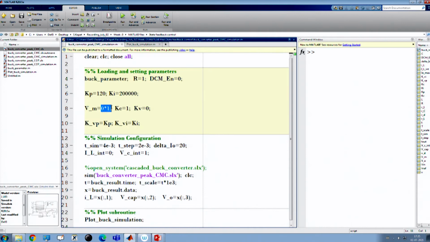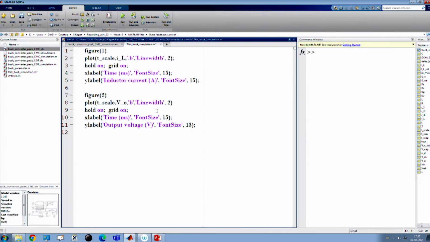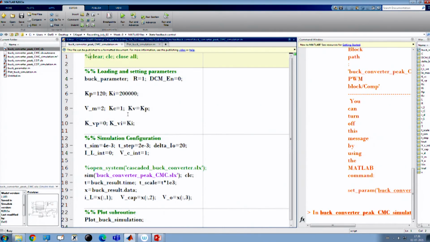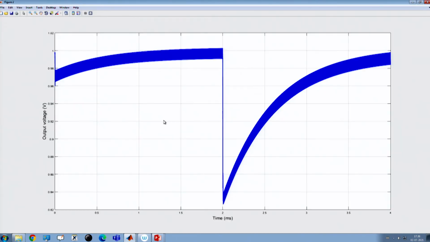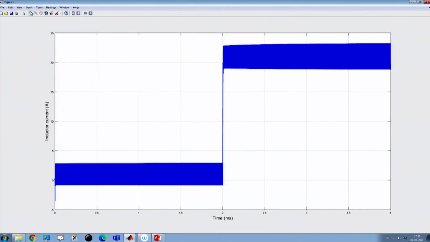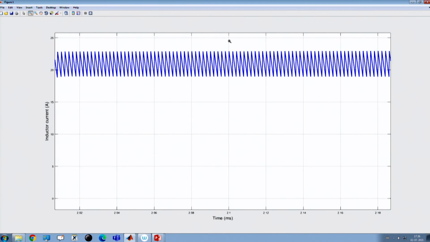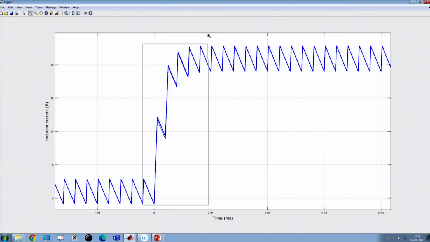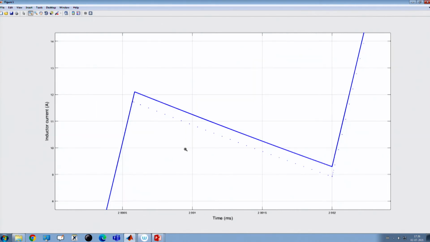Now, we are putting a ramp magnitude of 2 and we are using solid line, and here we are setting Kp and here we are setting 0. Okay. So, let us see what happened with those two architectures. If we go to the inductor current waveform, there can be a slight, very insignificant change, but I will check it. Yeah, there is a slight change if you take this dotted curve.